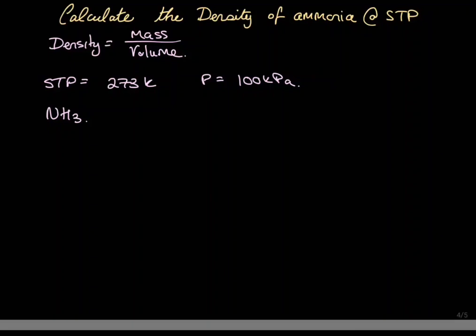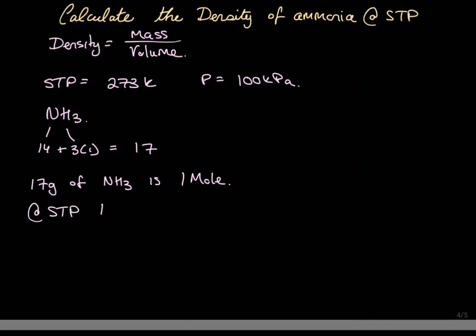Okay, I can figure out the relative molecular mass of ammonia. So that's 14, and then hydrogen, and I have 3 of them. So that's going to give me 17. So that means that 17 grams of ammonia is 1 mole, because that's what the relative molecular mass tells me: how many grams of that substance will give me 1 mole of the substance. And it's a gas. So at standard temperature and pressure, 1 mole takes up